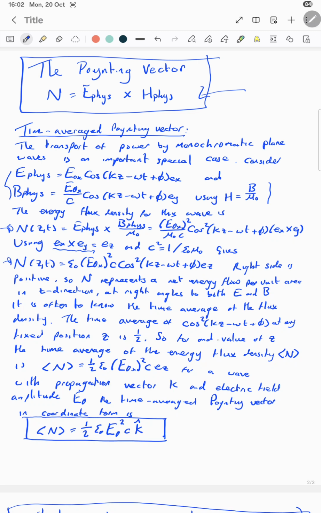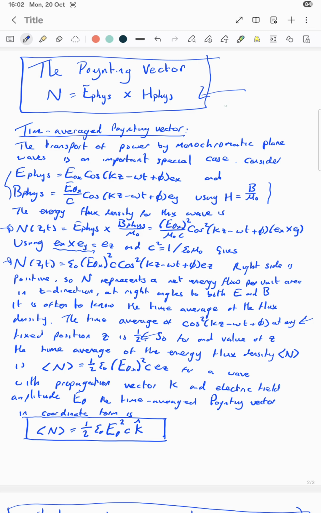The right hand side is positive, so n represents a net energy flow per unit area. It is often useful to know the time average of the flux density. The time average of cosine squared of k z minus omega t plus phi at any fixed position z is 1/2,